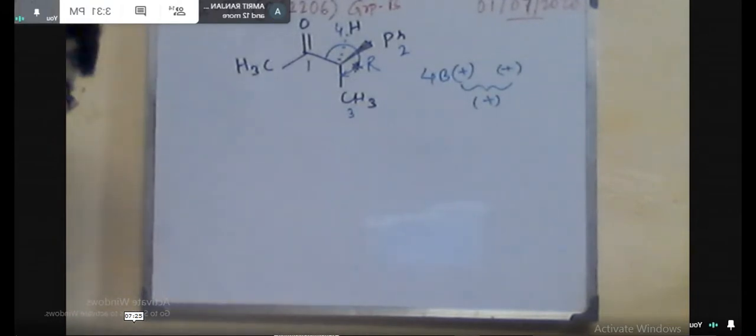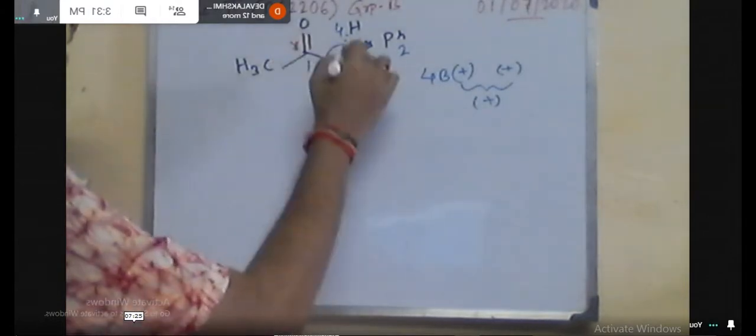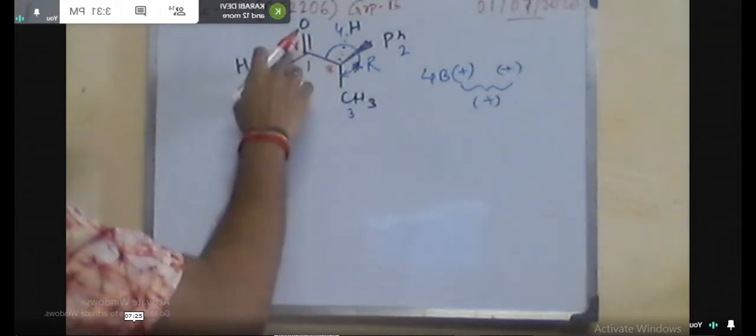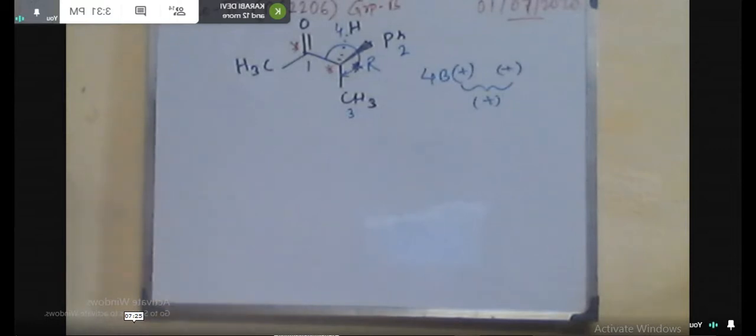the Sawhorse as well as the Newman projection. So now you are the viewer, and we know generally in the Sawhorse and Newman projection, basically we can draw this projection with respect to the two carbons. So in this case, if we consider this is one carbon and this is another carbon, we will draw the Sawhorse projection with respect to these two. Generally we draw the Sawhorse or Newman projection for the sp3 hybridized system, like ethane, propane, butane, and so on, and no sp2 hybridized carbon is present. But here you can see the sp2 hybridized carbon is present.